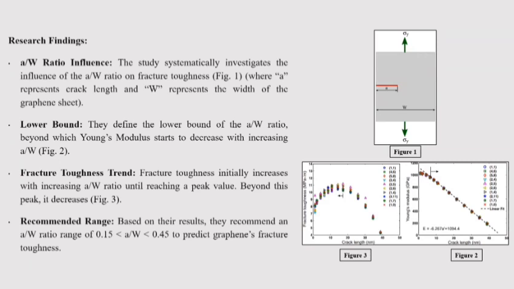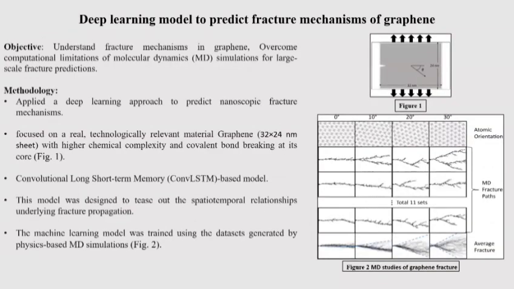The fracture toughness initially increases with increasing a/W ratio. It reaches a peak value, and beyond this peak value, it decreases. Through their results, the team recommended the a/W ratio in the range of 0.15 to 0.45 to have better predictions on graphene's fracture toughness. And moving on, the next article we reviewed was a deep learning model to predict fracture